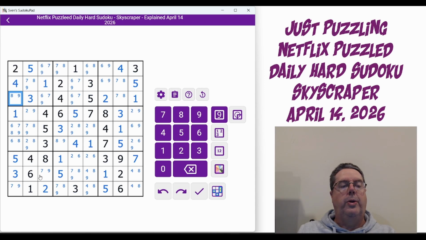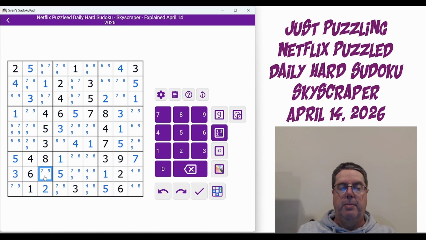skyscraper. But also, I've got another one here. So if this is 7, this can't be a 7. This will be a 7. And this won't be a 7. But this can't be a 7 because that's a 7. If this is a 9, this becomes a 7. This can't be a 7, so this would be a 7, so this can't be a